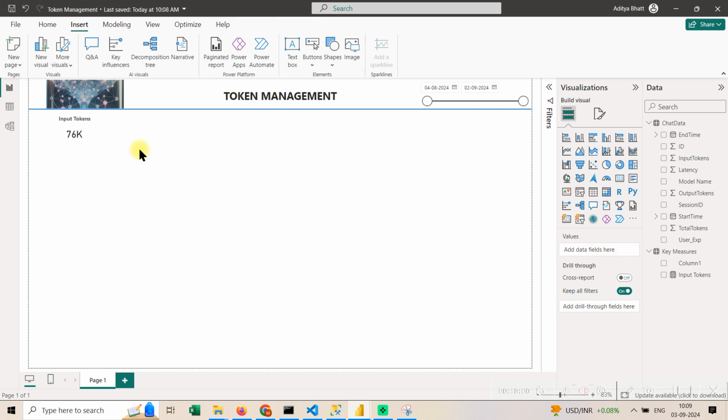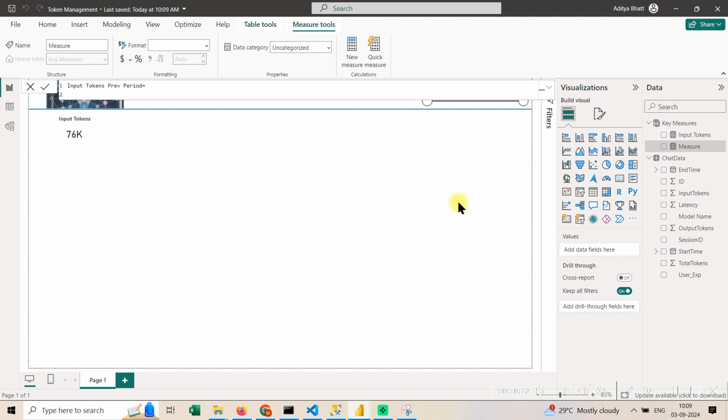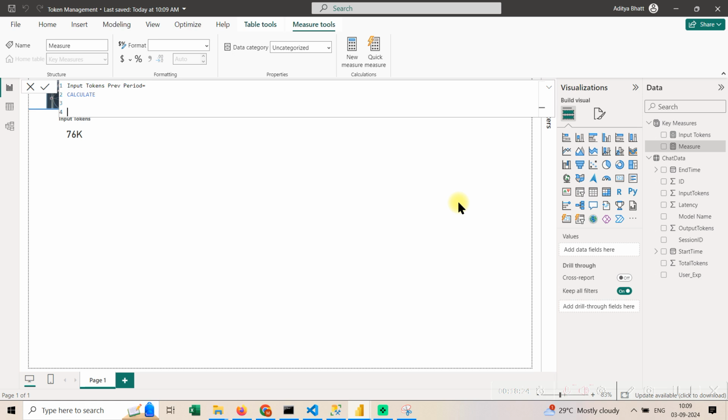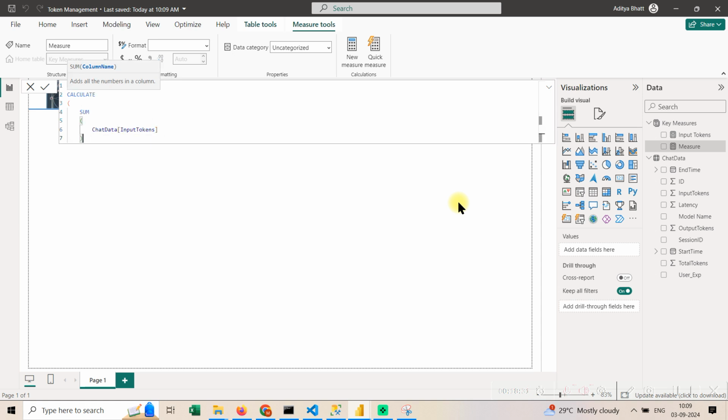Now the next thing is, what we need to do is we need to add one more. First of all, I'm deleting this. Okay, I don't need column 1, so it will be just a measures table. Yeah, the next thing I need is new measure, input tokens, previous period. So in previous period, what was the input tokens? Okay, so I'm gonna do calculate. Okay, so calculate sum input tokens